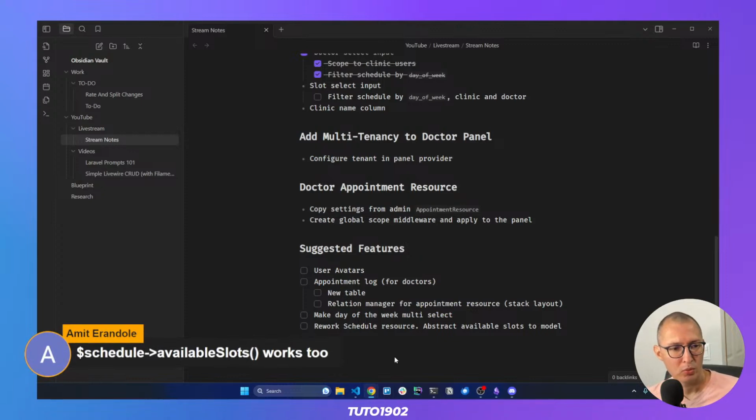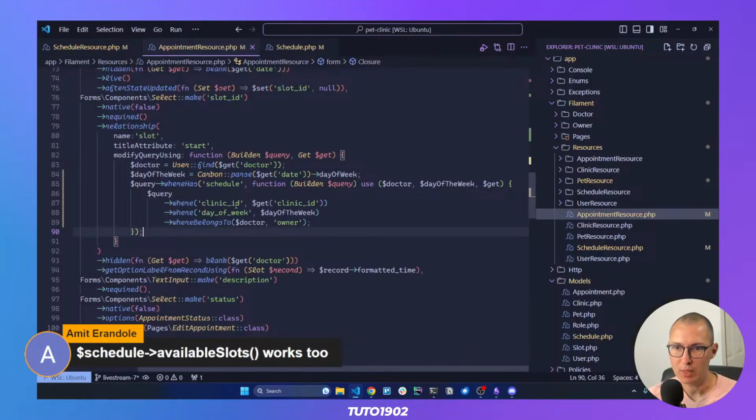Schedule available slots works too. Yeah, but not even that works too. But my thought would be to make it a static function on the slots model, so that when I use it, for example, let's say this is the slot ID, instead of using a modify query and doing a relationship here,